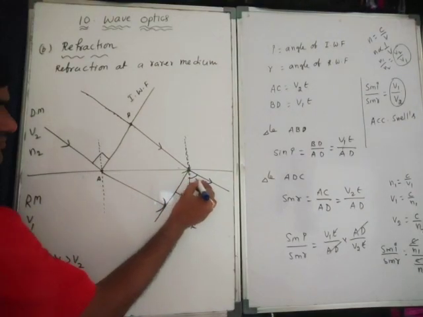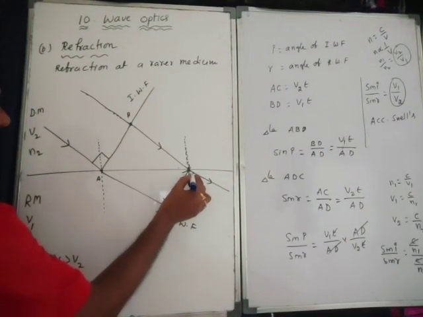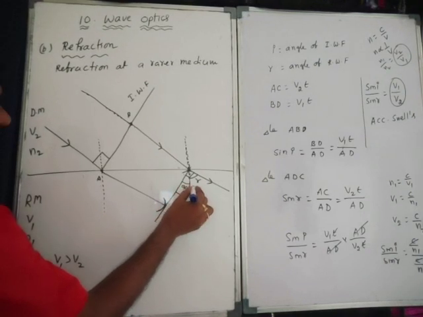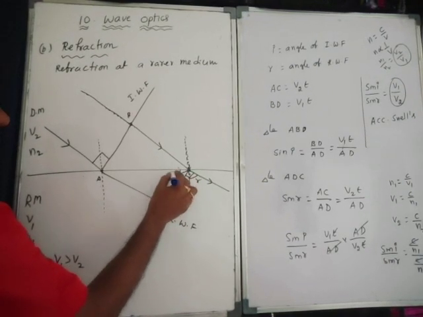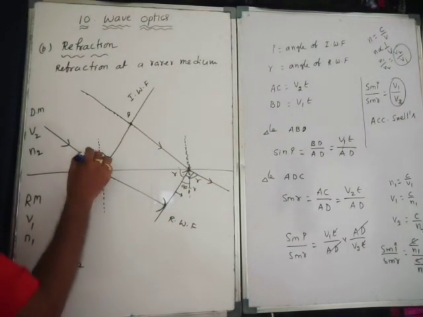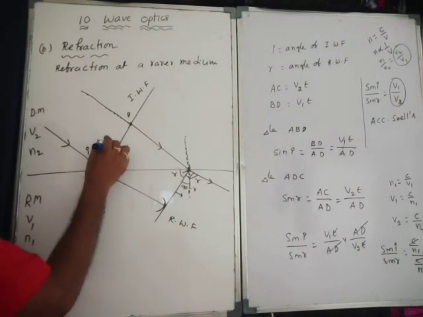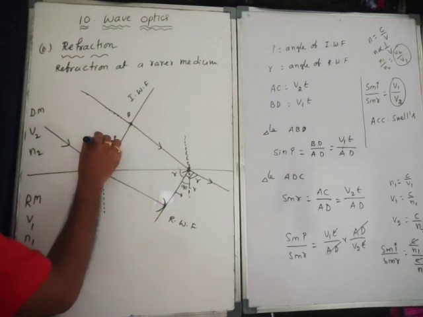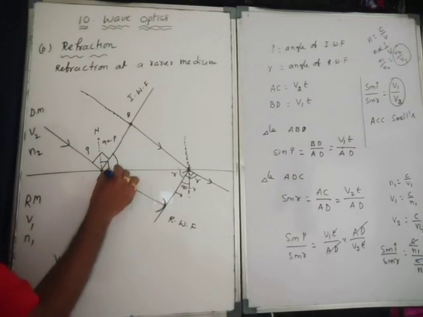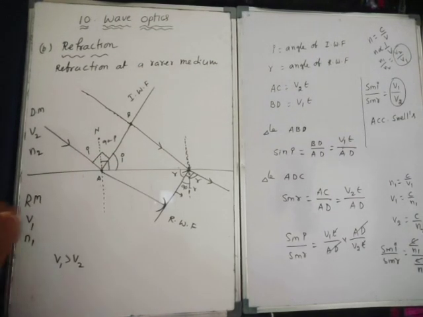This is the refracted ray. This is the angle of refraction. But from here to here, how much angle? 90 degrees. This is 90 minus R. This is how much will come? R will come. Why? Because from here to 90 only. Similarly here also, this is I, this is 90 minus I. So this is the normal, and from here to here 90. This is the angle of incidence, that is I.